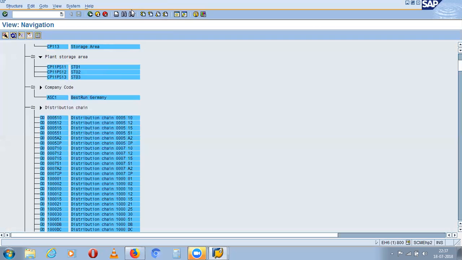At the same time, I want you to write down the definition of what a company is and what a company code is. You saw, when you are creating the company, you get that explanation. In the same way you get an explanation for company code, plant, and store location. Write down the explanation of all that. Along with that, try to find out what purchase organization is and what purchase group is.